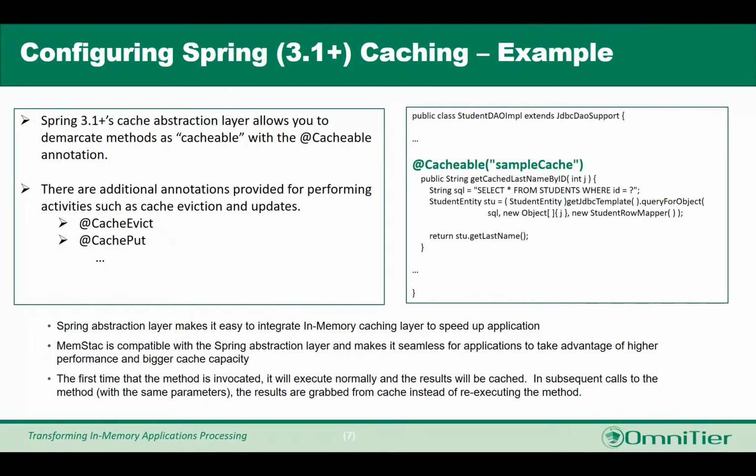If not, you will need to do some additional changes to the application code itself to define your actual cache workflow. Spring caching is controlled by annotating methods. For example, by using the cacheable annotation, you're flagging a method as cacheable. The first time that the method is invoked, it will execute normally and the results will be cached. In subsequent calls to the method with the same parameters, the results are grabbed from cache instead of re-executing the